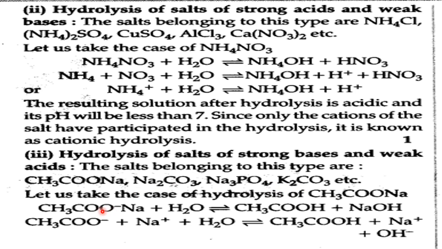See an example: sodium acetate with water, hydrolysis gives an acid and a base. Here it is a weak acid, so it will not dissociate completely, whereas the strong base dissociates completely. That is, OH- dominates in the reaction mixture. Because OH- dominates in the reaction mixture, it will show basic character. pH is more than 7. So all depends upon what type of salts are there and how they dissociate. Okay, right.